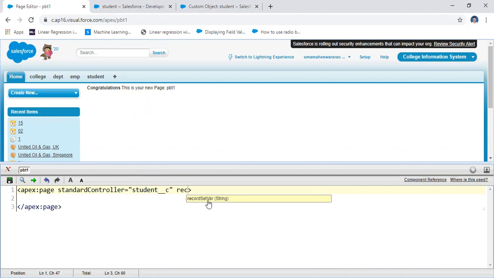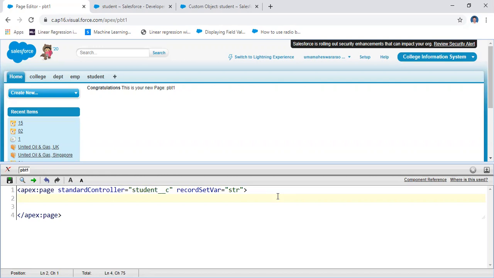For example, I am taking this as a student record, let us assume str, or simply you may write any name, no problem. I am writing str. That means you declare the record set var, storing the required data.